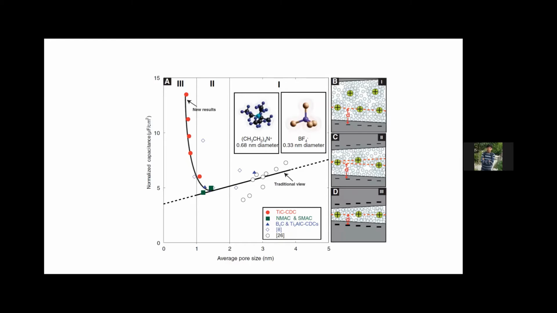Although it depends on the electrolyte, a suitable electrolyte, it depends on the electrolyte's diameter. So electrolytes with higher diameters cannot enter the pores. So pore size and electrolyte diameter can be optimized for the best supercapacitor performance.